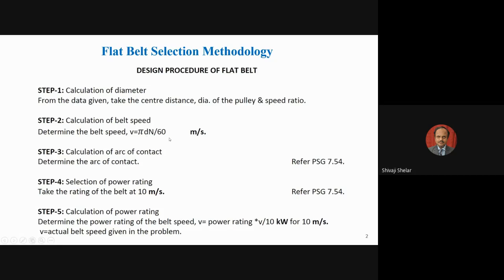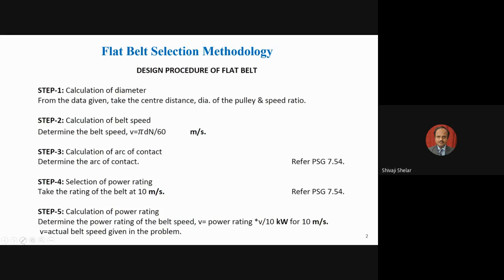So normally this speed is calculated for the smaller pulley. You can see this formula has small d, which means it is calculated for the smaller pulley, but the velocity remains the same at the bigger pulley as well as at the smaller pulley. So what will be changing is the speed of that pulley. If your diameter is big, then speed will be low, and if your diameter is small, then the speed will be larger. So don't make a mistake. Don't take the diameter of X pulley and the speed of Y pulley. You need to have the diameter and the speed of the same pulley in the design calculation. Okay. So this is very important because based on this speed only we are going to select the belt.